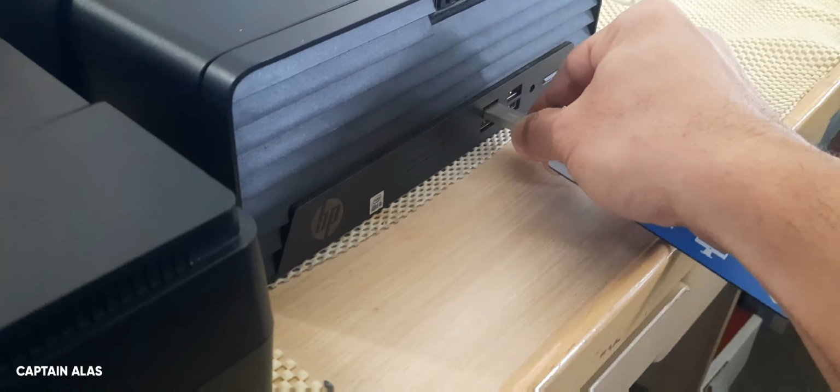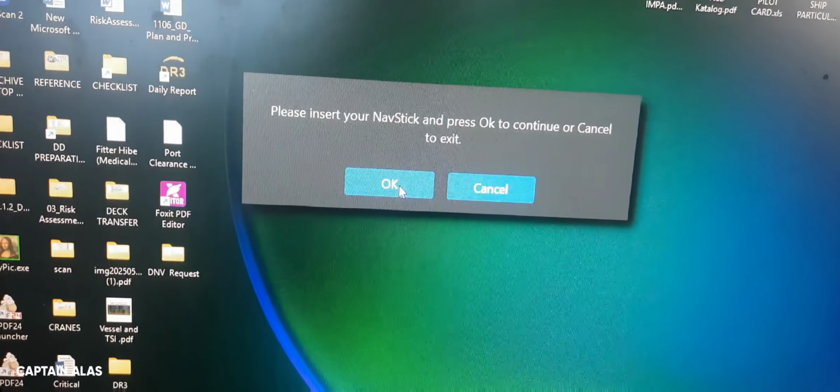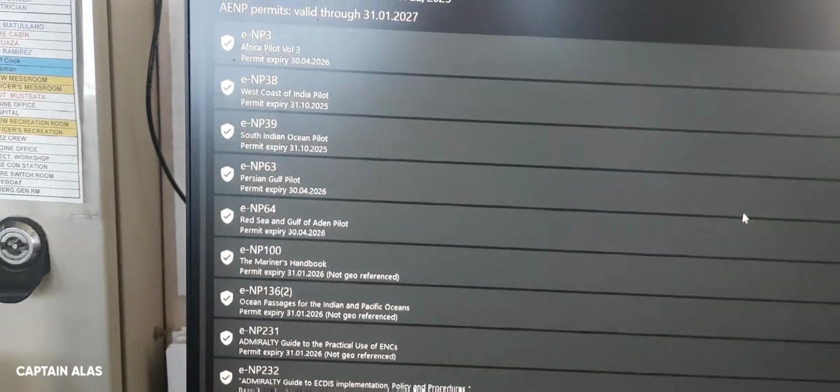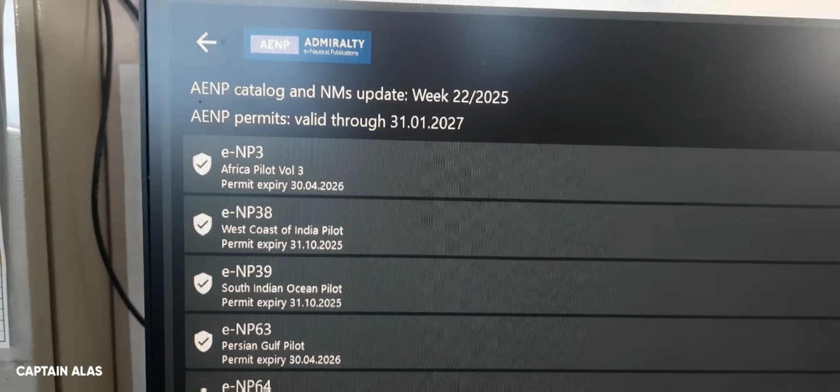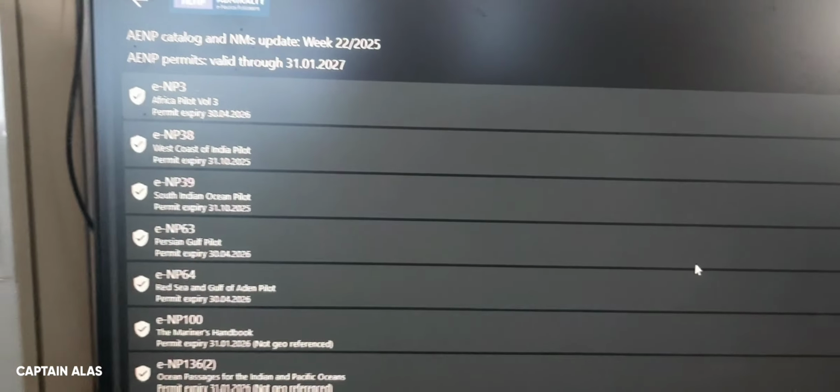Okay, and so we will insert it here. Okay, and shortly it will automatically open the navstick. So just click OK, and you will see the display automatically open your AENP, and the updates are automatically